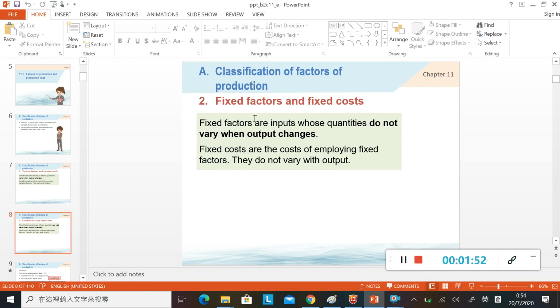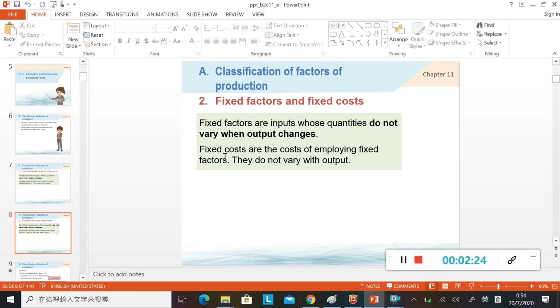好啦，咁跟住 fixed factors 啦。Fixed factors are inputs whose quantity do not vary when output change. Okay, that means even though the outputs increase, the number of the fixed factors would not change. Okay, it would be fixed. Fixed factors 就即係話，就算你 produce 多咗嘢，你用嘅 fixed factors 都會係一樣數量。咁嗰一啲 factors 我哋就叫 fixed factors 啦。